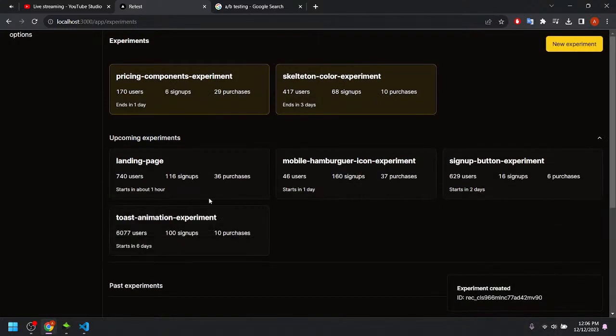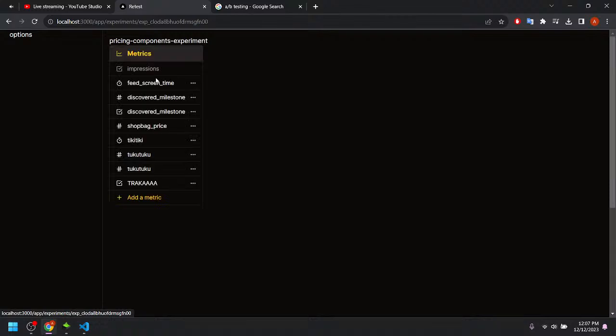An experiment is created, and we have the experiment here in our landing page, and we want to click somewhere in this card and be redirected to a page like this, where we can define our metrics, and then we can define our variations.